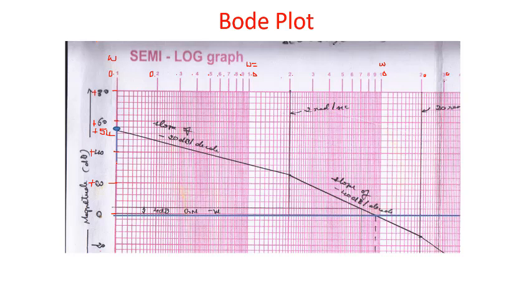Here we are going to get, and draw a 1 decade line. 1 decade means from here to here this is 1 decade. From a point 1 to 1 it is equal to 1 decade. Hence from here we draw a 1 decade line. So it will be here. We get this point. Now identify the point here, 1 decade. Draw a line from 54 dB till this particular point. This will be a slope of minus 20 dB per decade. It means the magnitude is deteriorating at a rate of minus 20 dB per decade.